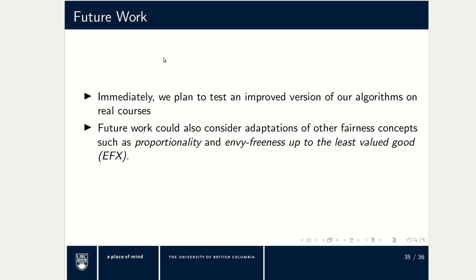In the future, we are actually already testing an improved version of our algorithms on real courses to see if we can get this to work in a practical setting. And future work could also consider other fairness concepts such as proportionality, envy-freeness up to the least valued good, things like that. I am out of time, so